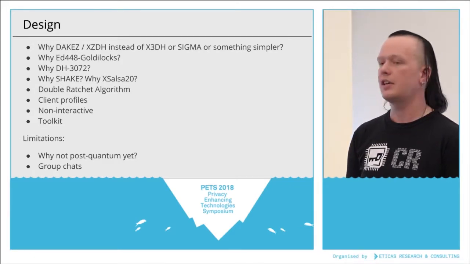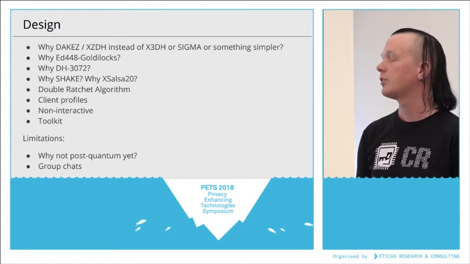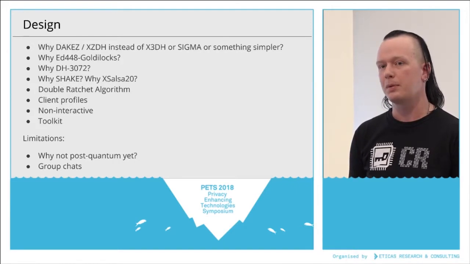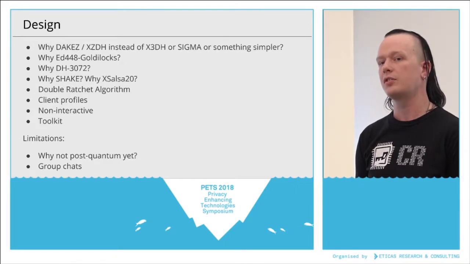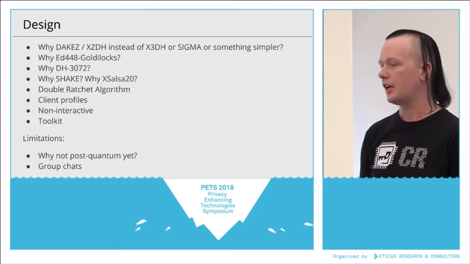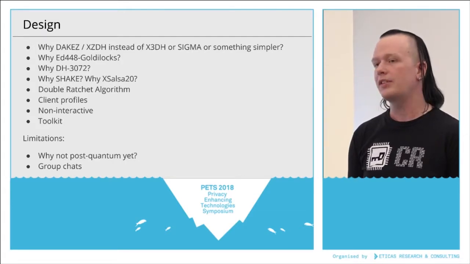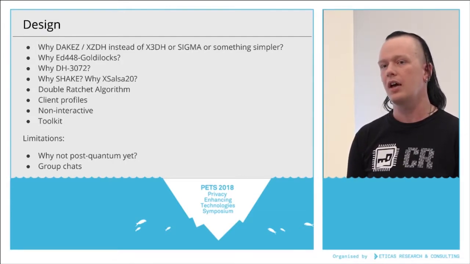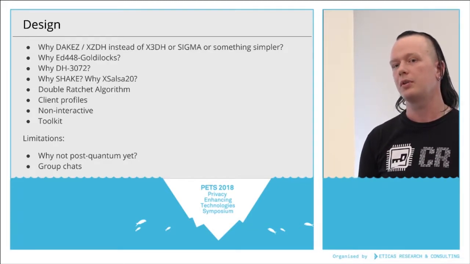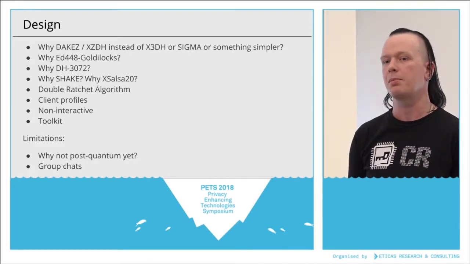We have changed the main hash to SHAKE and the main symmetric algorithm to XSalsa20. SHAKE is quite simple. It's because we want the 256-level hash, and SHAKE is what's used in Ed448 implementations by standard. XSalsa20 is a little bit more of an interesting choice. This one is because it's a fast symmetric cipher that also has a 256-bit key size, which matches our other security parameter choices.